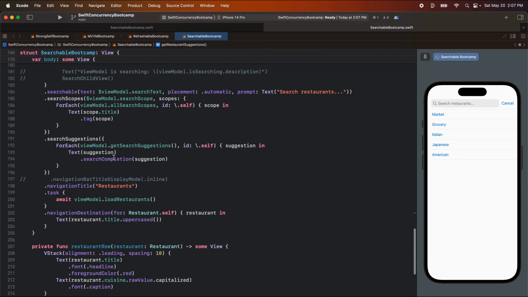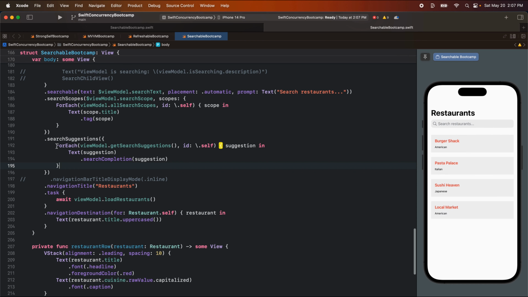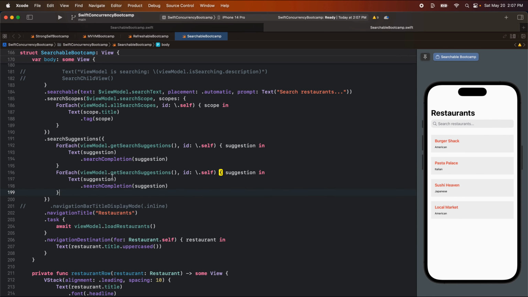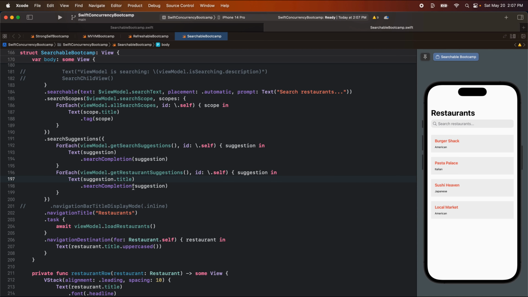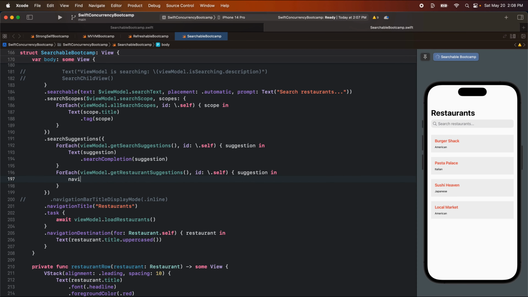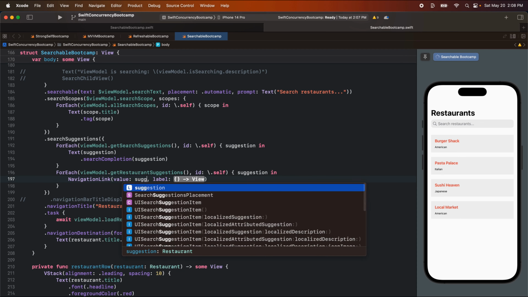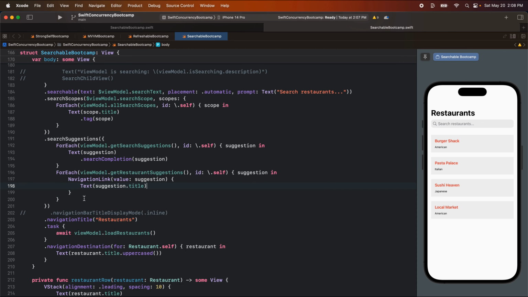And let's do one more loop down here. In our search suggestions, put this here, getRestaurantSuggestions. This will be the suggestion dot title of the restaurant. And we don't want to do a search completion here. Instead, we're going to do a navigation link like we have above for the restaurant, for the suggestion, and we'll put in that text. So now if I click on this and I type in